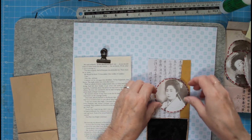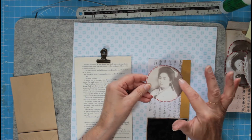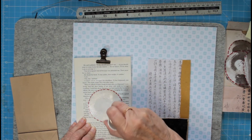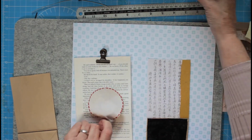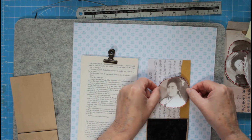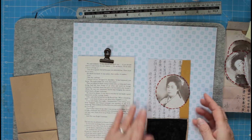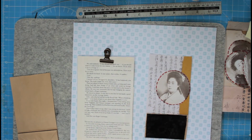Now I like this one. This is my favourite because I thought she looked like she got a nurse's uniform. She hasn't. I think she's got a big bow in her hair, but it just looked like she had a nurse's uniform on, and I thought that's really lovely. So I think that one would go nice on there. Yeah, she's lovely. That's nice on there. And then what I'm going to put,